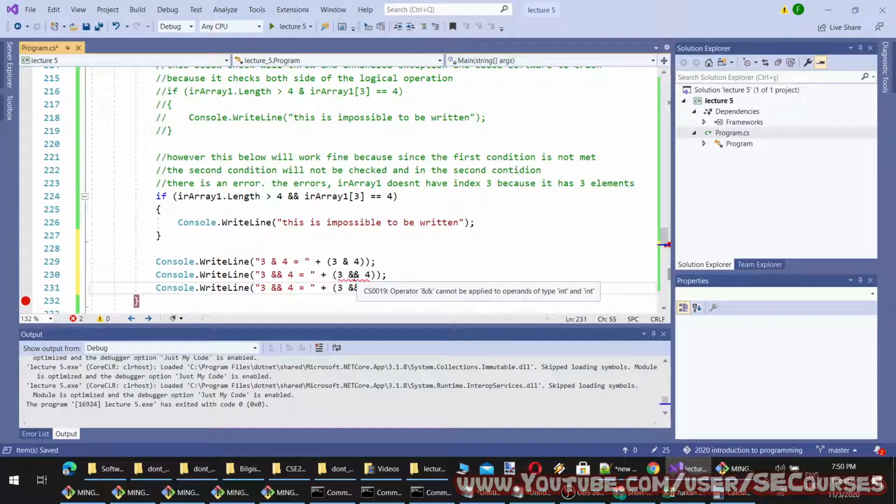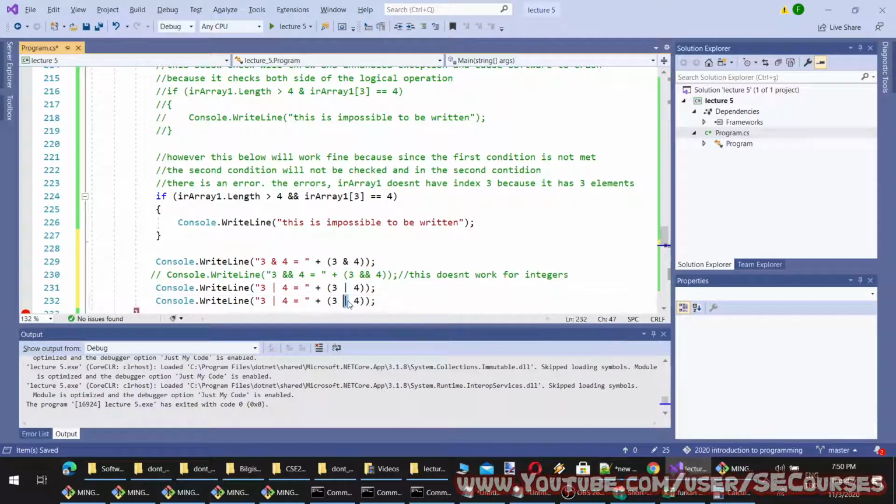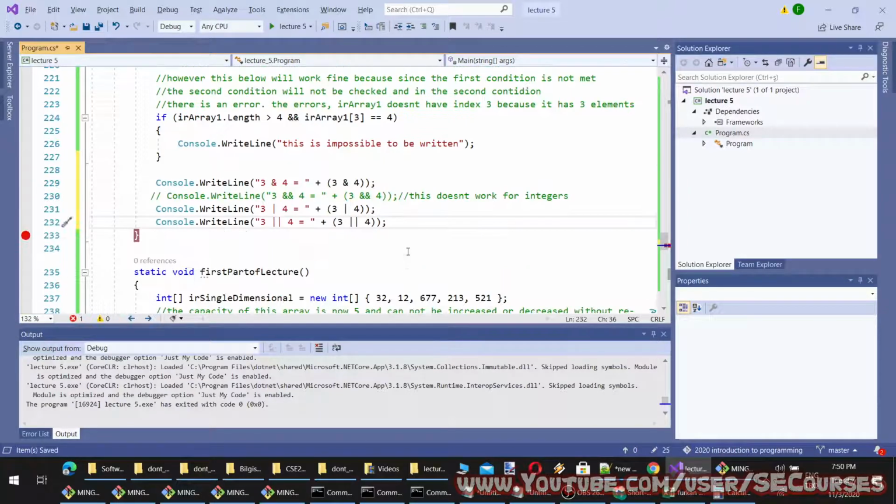Okay, it says that && cannot be applied to int and int. And let's try this. Okay, this can be applied, and can this be applied? Okay, this also doesn't work on integers.